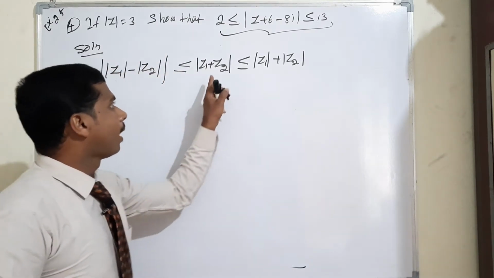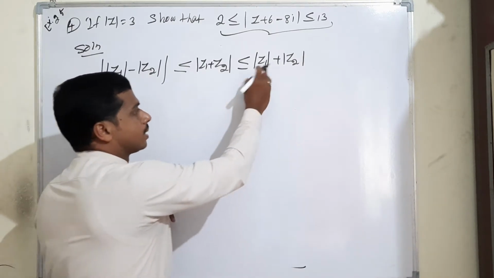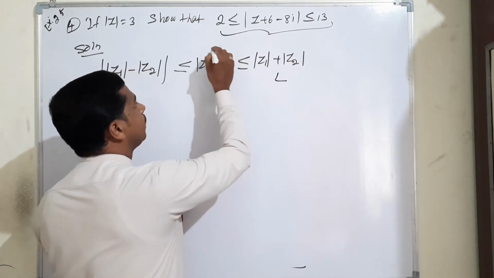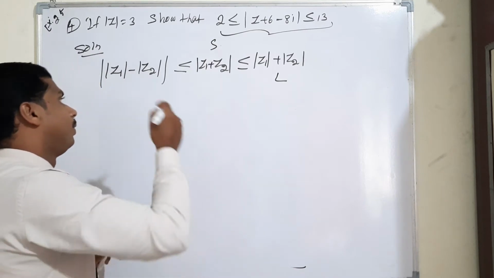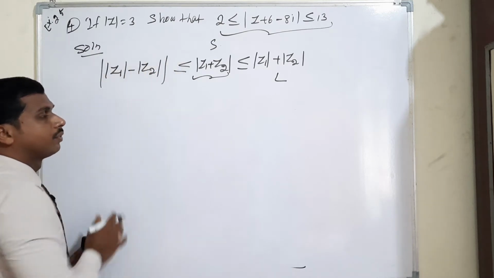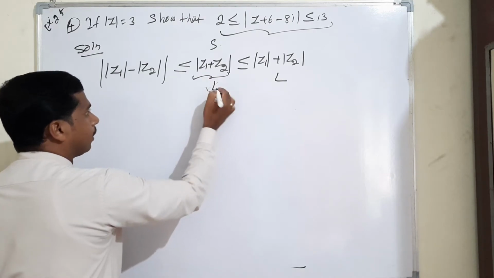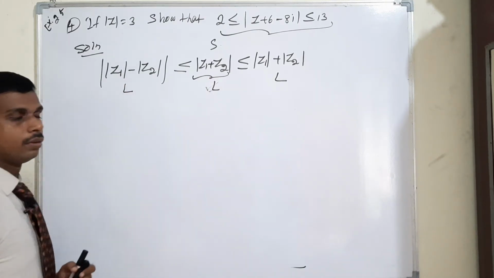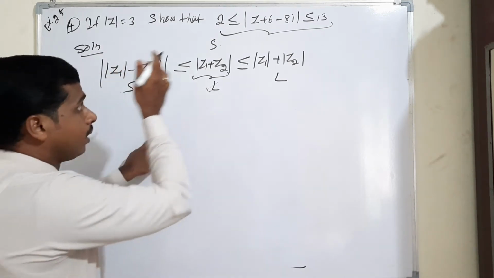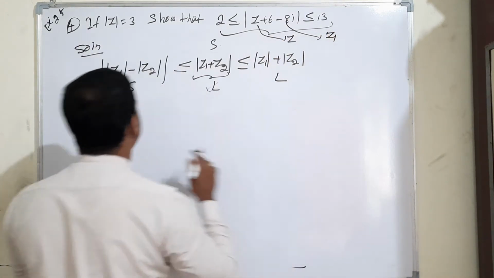Actually, when you compare the modulus of the sum taken as a single modulus with the separate moduli, the sum of the separate terms is called large, and the addition of the two terms in a single modulus is called small. While when you compare the same sum in a single modulus with the whole modulus of the difference between the two moduli, the addition of the two moduli is called large. This is called large, the whole modulus of difference is called small. Now consider this for z, and the second term for z1. Again, how to rearrange.